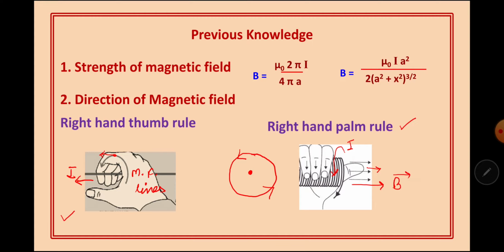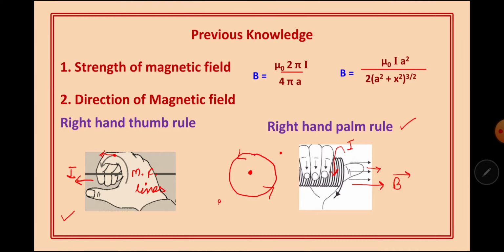It will not be applicable if we have to find the direction at a point which is outside the loop, or if it is not in the plane of the loop, lying above it or below it. It will be applicable only for the center of the loop. However, it will also be applicable for the points which lie on the axis of the loop. Loop may be circular, triangular, rectangular, or any other closed shape, but this rule is applicable for the points lying at the center as well as on the axis. So you need to be careful when to apply this rule and when not to apply this rule. This rule is more handy to be used, however, it is specifically used in certain situations.